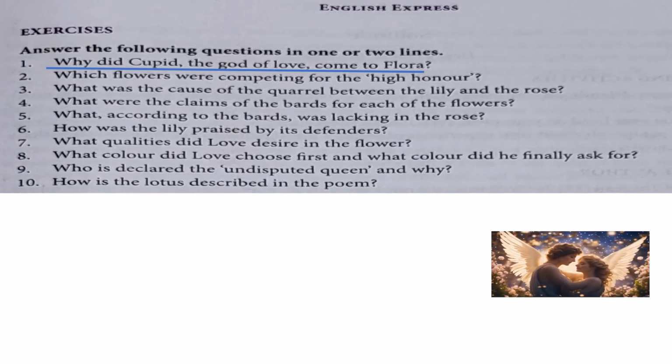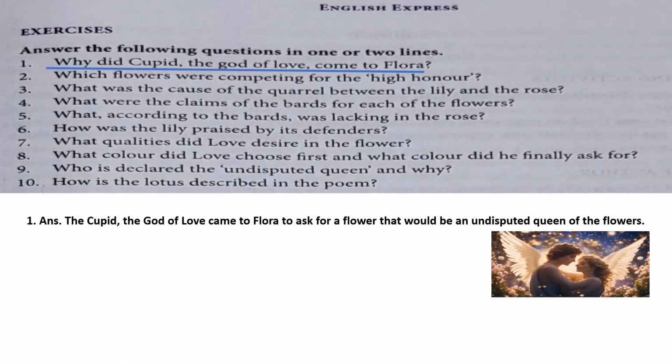Now, coming to the comprehension questions. Answer the following questions in 1 or 2 lines. These are very simple questions you can answer, students. Once you understand the poem, you can easily answer the questions. So, first question, why did Cupid, the god of love, come to Flora? So that is the answer. Cupid, the god of love, came to Flora to ask for a flower that would be an undisputed queen